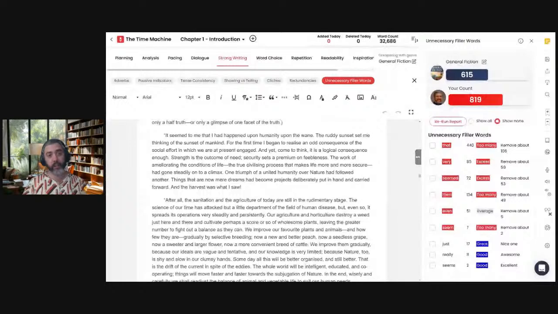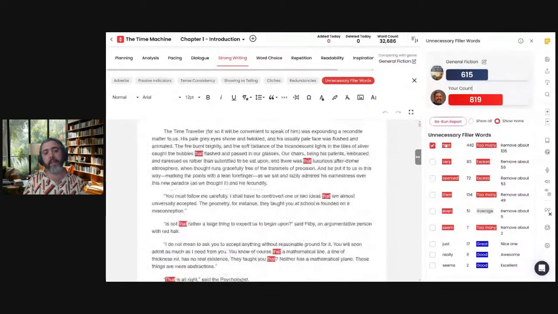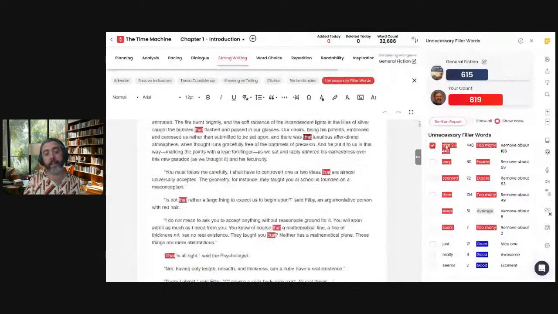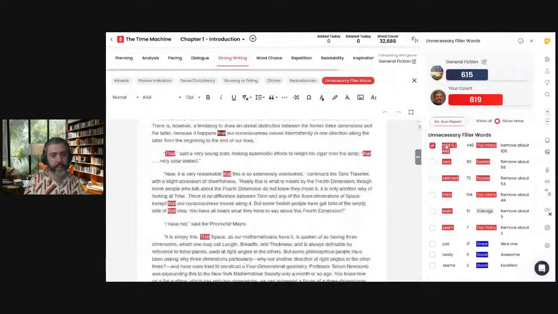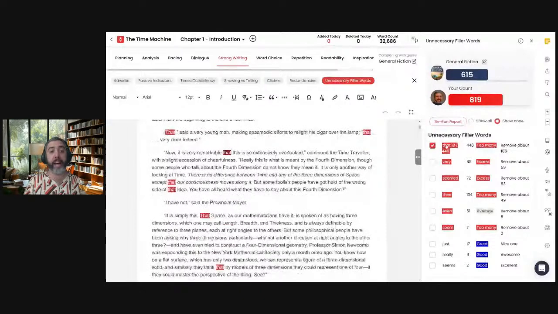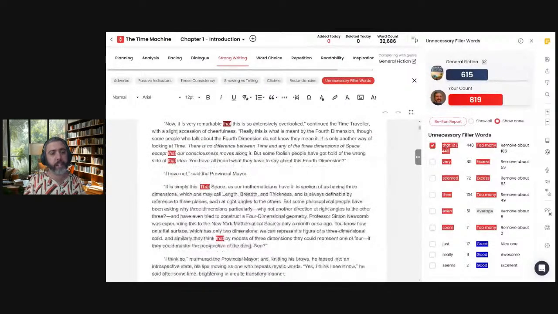So you could go through all the that's bit by bit. You wouldn't have to do a find and replace on all of them, but you can figure out when they're redundant, because filler words can make a sentence very sticky. So let's see here. You have, "Now it is very remarkable that this is so extensively overlooked." Of course, you can get rid of this, right? You could say, "Now it is very remarkable this is so extensively overlooked." But you might like the rhythm of the sentence and keep the that. Again, conversational, you might keep the that. But that's why it's helpful to go in piece by piece, right? And look at every individual that in context.